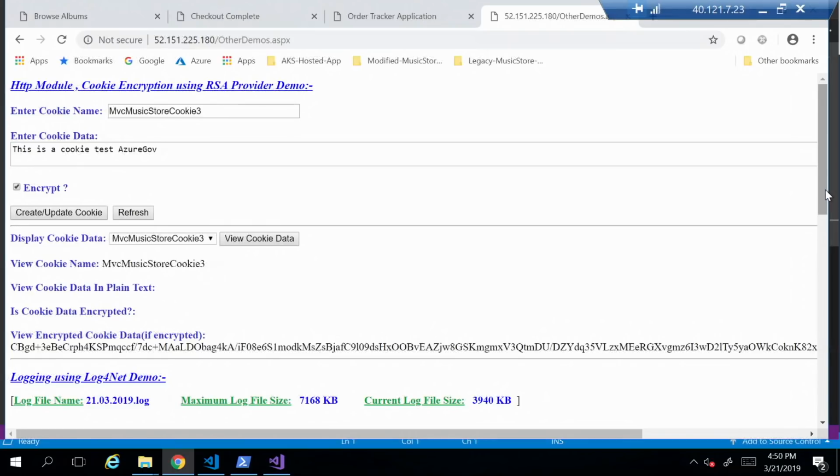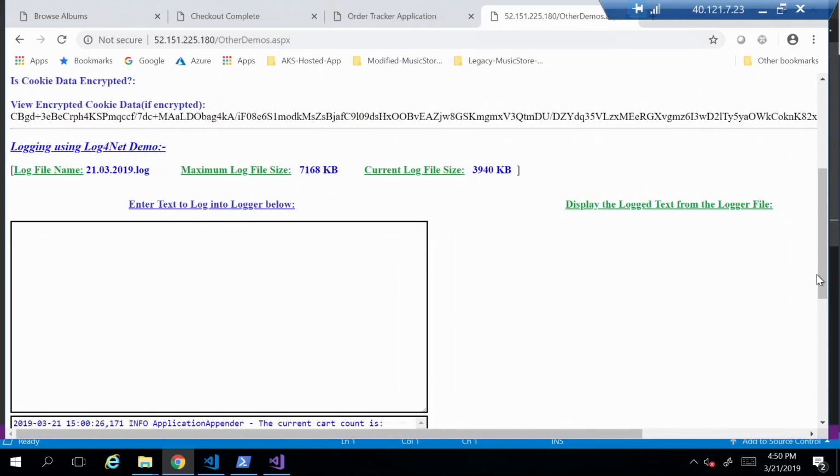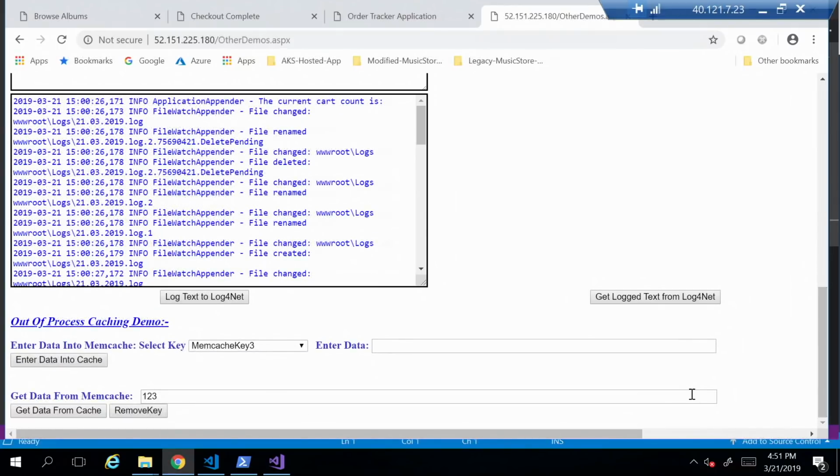And we will not take up the time to run the next set of demos, but I'll just point out that in this case, the logging library happens to be log4net. That's fine, and that works just fine here as well. And the last thing I want to also call out was, in this case, we are using not a Redis cache instance, but a memcached. And we didn't show that Docker file, but essentially, once the image got created, we set up a scheduled task to run memcached.exe as part of the container image. So essentially, all of those capabilities, including the challenges, just work here as part of this.